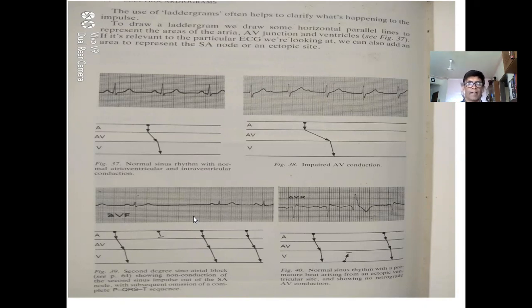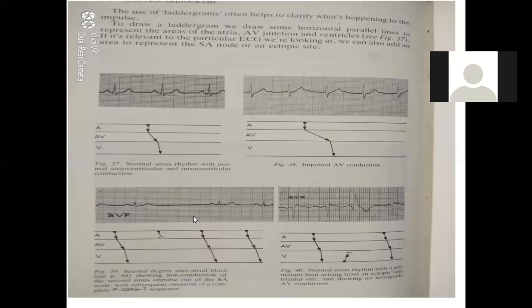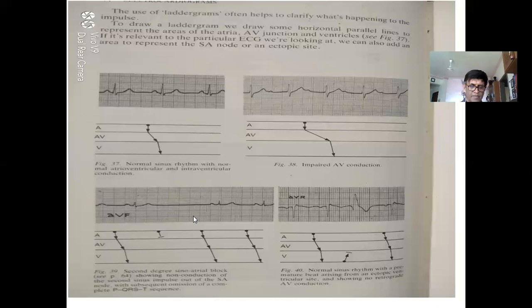Whereas in second degree, there is omission. The QRS complex is not forming, meaning P is unable to end up in the QRS. So there is a block. There is an SA block. The node is generating, but the atrial wall is not able to pick up. Which case is better, the first case or the second case? First is better. Correct, no?